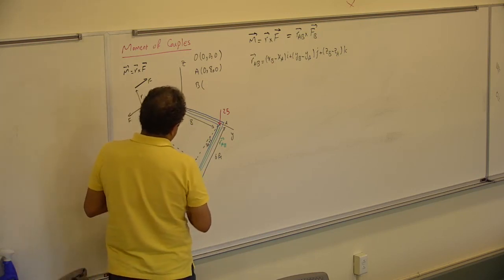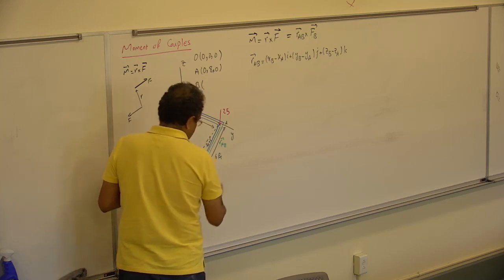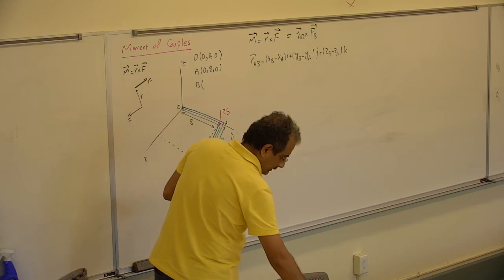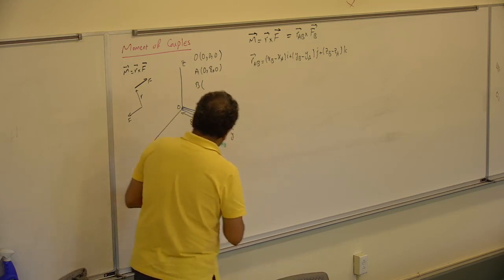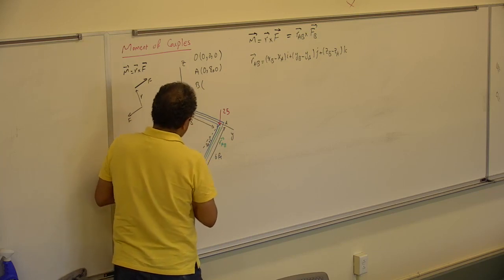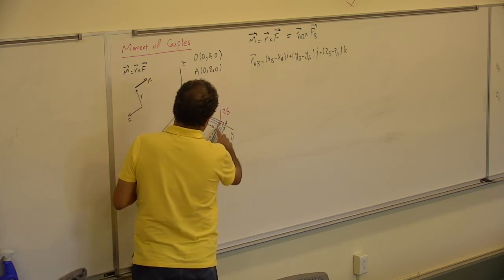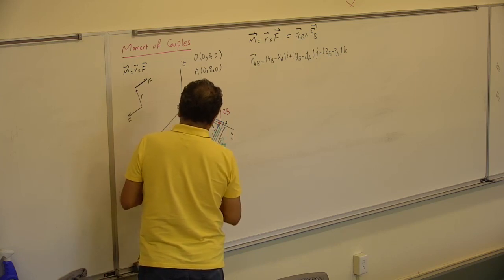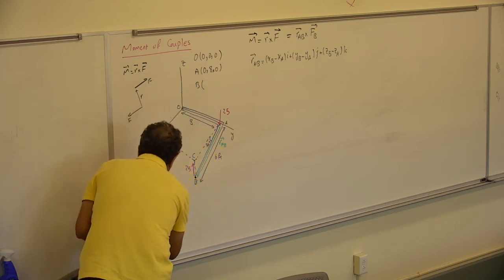So I need to find, if I go ahead and for example say, assume I call this point C, I need to find, in that triangle, these lengths and these lengths. So if I draw that triangle here,